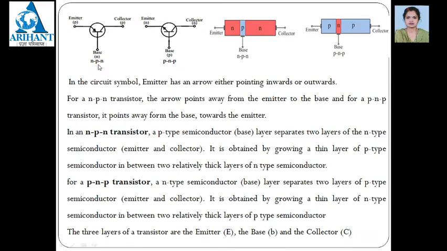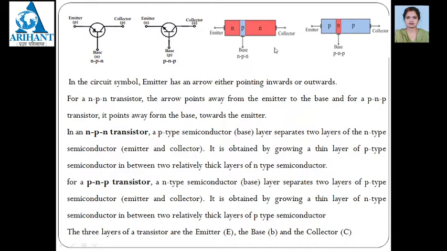If you see the symbol of this NPN and PNP transistor, in the NPN you can see there are three ends or three terminals called the emitter, base and collector. And in PNP transistor also it has three ends, emitter, base and then collector. You can see the structure. In NPN transistor, emitter end is the N, middle one is the P, and then here it is the N, that is the collector end. In case of PNP transistor, first P is connected as the emitter, N is the base and P is the collector side.